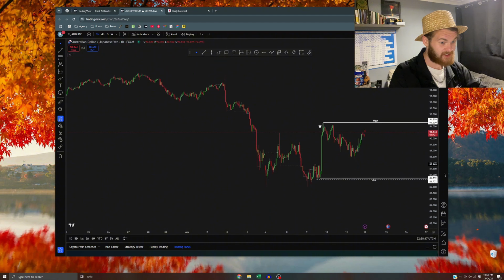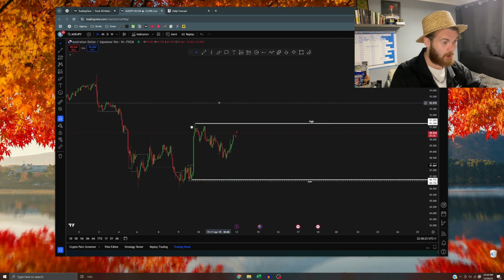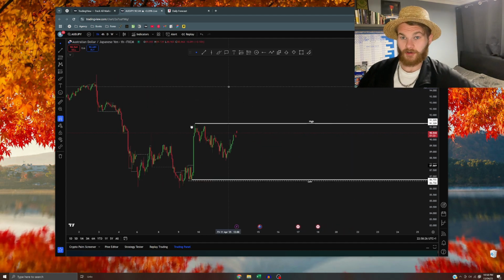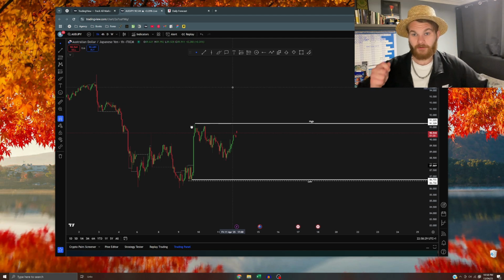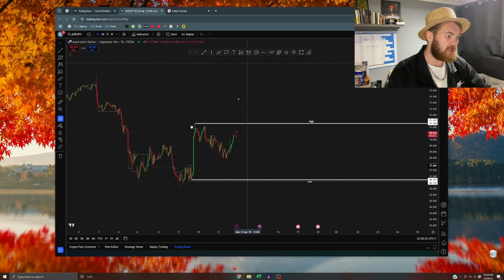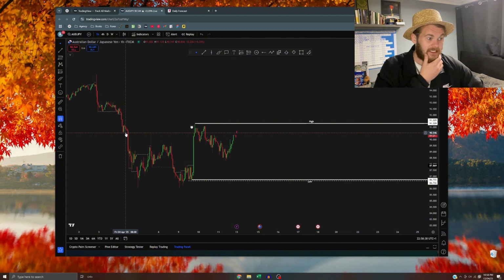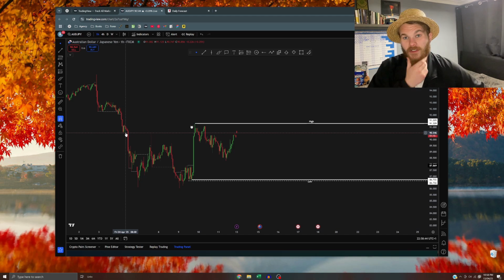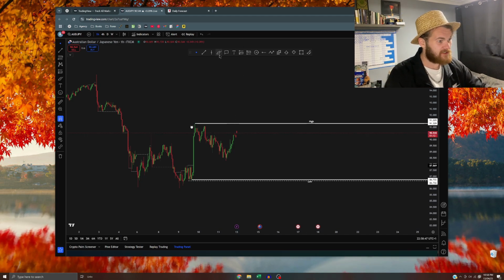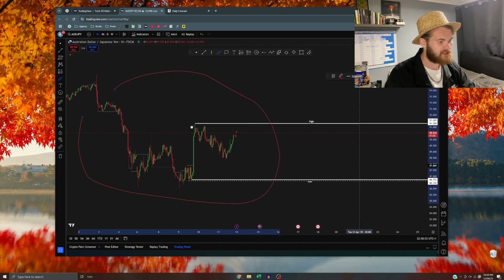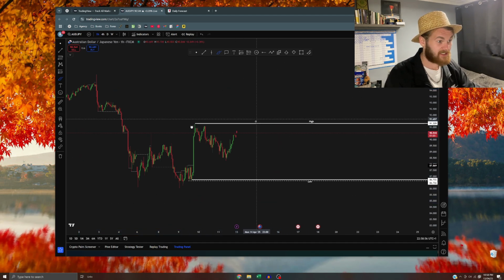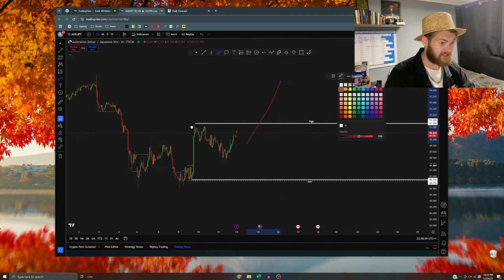Because it's so volatile and uncertain and gapping massively, I am very cautious on the Japanese Yen pairs right now. I would also advise you to be very cautious on the JPY pairs. It's struggling to commit. I'm keeping my eye on the JPY pairs, but as of recent, very uncertain, so I'd advise being very cautious on these pairs. However, I'm going to continue to forecast them, especially for the sake of this video.